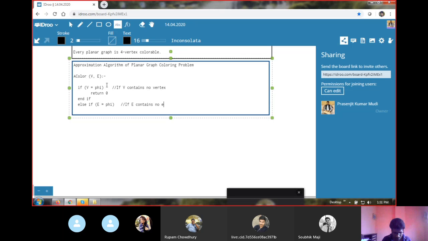If E contains no edge, then return 1, and else if